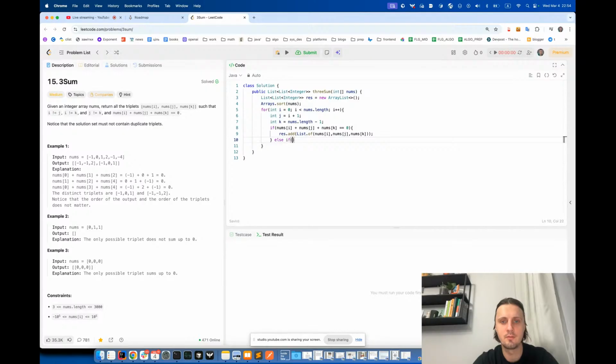Else if this sum is greater than 0, then we need to move our j pointer. Else we need to move our i pointer,